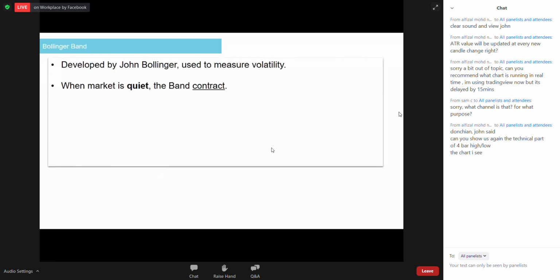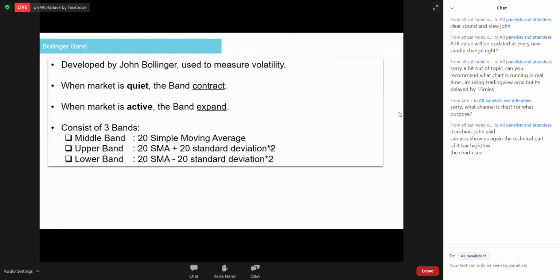Until I found this Bollinger Band. I was never a Bollinger Band fan, but it actually improved the result. I don't know if it's by luck or what. Or maybe the other indicators I tested, I didn't use in the right way, so they didn't improve the result. But Bollinger Band does.